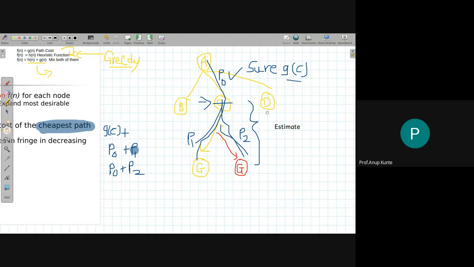Okay, so please understand, heuristic function is purely an estimated value. It is an estimated value to reach the goal node from a particular node based on the cheapest path that takes you to the goal node. The cost of the cheapest path, that is what the estimation is. Okay, the algorithm that purely bases its prioritization of the fringe list on h of n is generally referred to as a greedy algorithm, because due to the past experience, the algorithm